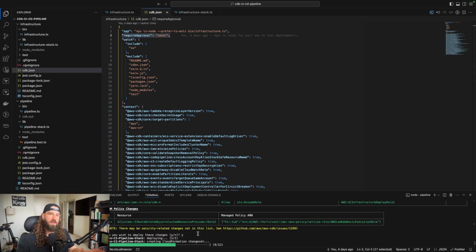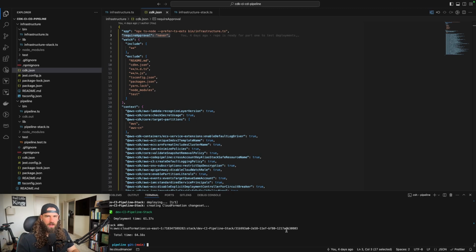to never. And the reason for that is because when I deployed, by default, the CDK will ask you to confirm changes. And the main reason for this is security issues, because a lot of times the CDK will deploy things into IAM, like roles and policies and stuff like that. And by default, it wants you to confirm that it's allowed to create these things. We can actually change that by setting require approval to never. And we have to do that in the infrastructure because in the build project, you saw there was no way for us to confirm anything. So just a little side note that I wanted to mention.